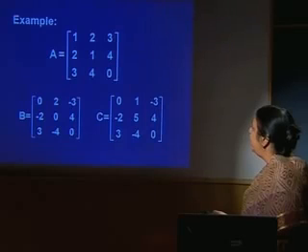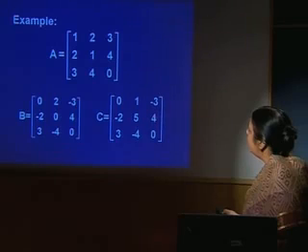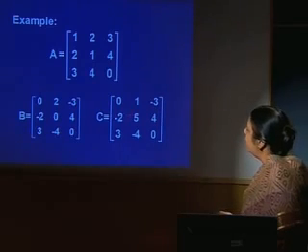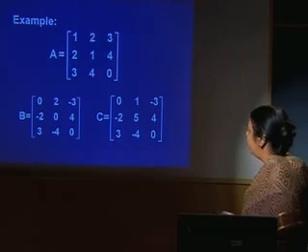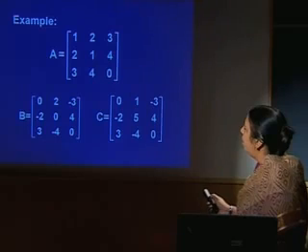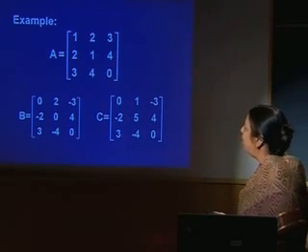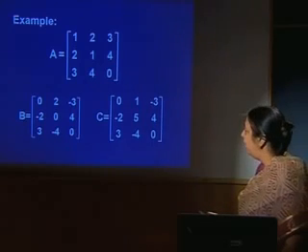While for this matrix C, this diagonal element is not 0, so this matrix is not skew symmetric. Although this element and this element are mirror images, this is 4 and this is minus 4, because this is minus 2 and this is 1, this matrix is not skew symmetric. This matrix is not symmetric either, because this is 1 and here we have minus 2. So this is neither a symmetric matrix nor a skew symmetric matrix.